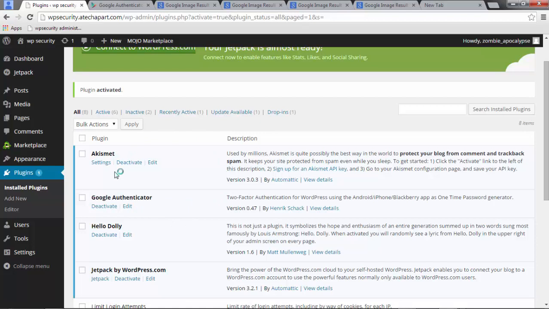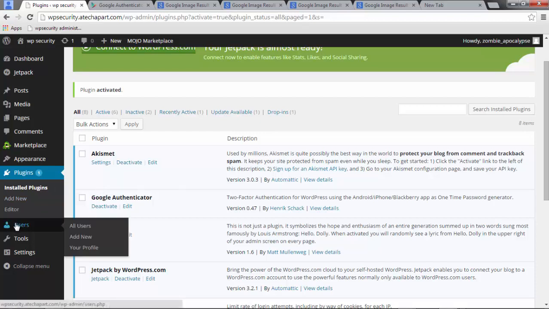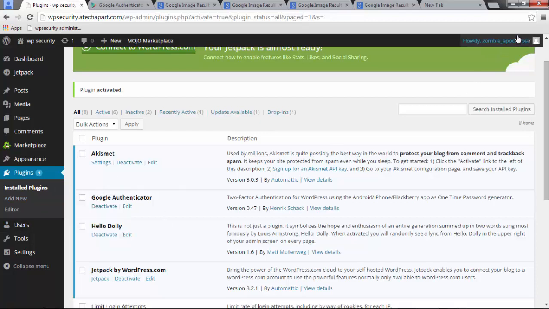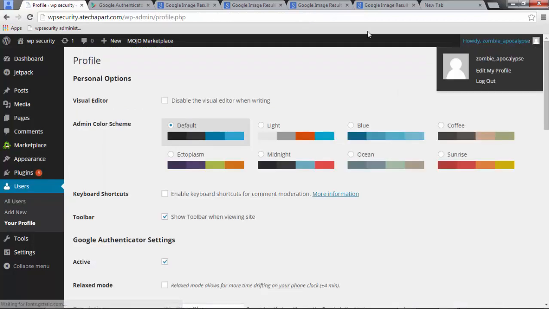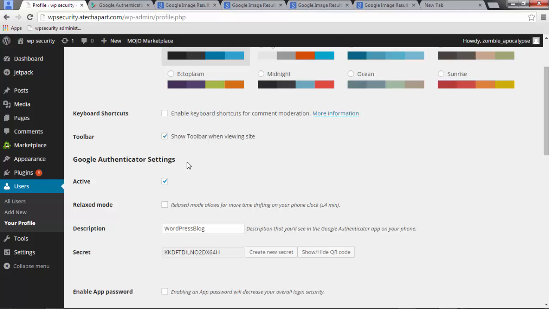So now I need to go to my user profile. This plugin has added a few more settings, and I'm going to have to go in there to basically enable or activate this plugin. So you can go down to users, or you can select up here. That's what I'll do, is click on my username here on the top right, and then here I have my